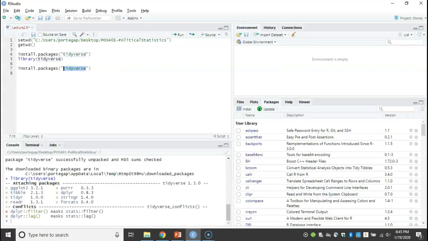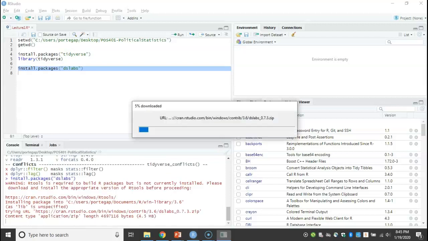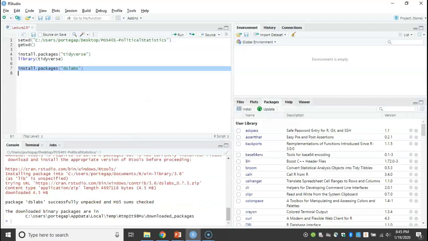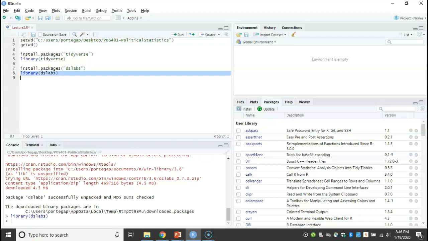It's called DS Labs. Again, it's gonna take time because it's downloaded. The package is already downloaded, and you call the package DS Labs. Okay. We can check